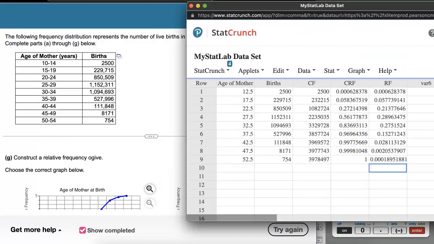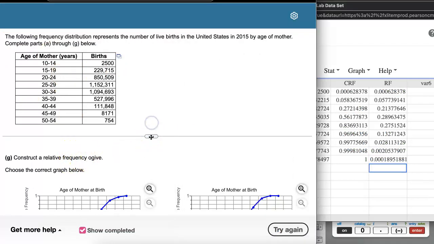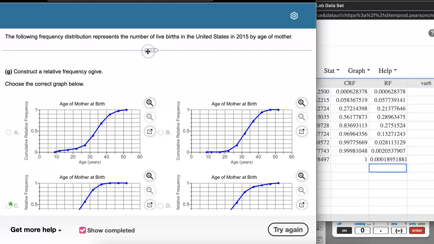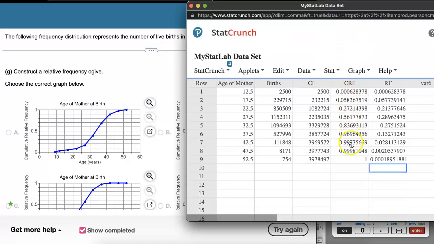In the last part of this problem, we're asked to construct a relative frequency ogive. And really all this is a graph of the cumulative relative frequencies, which we did calculate earlier in StatCrunch. We have those values over here on the side. So as you can see, by this point you might think, oh, I didn't really need StatCrunch. But the benefit to having done all these calculations within StatCrunch is